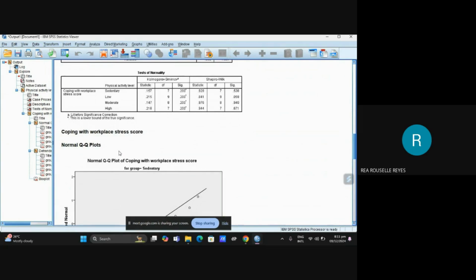Again, you can see the coping with workplace stress score, the normal QQ plot for group sedentary.